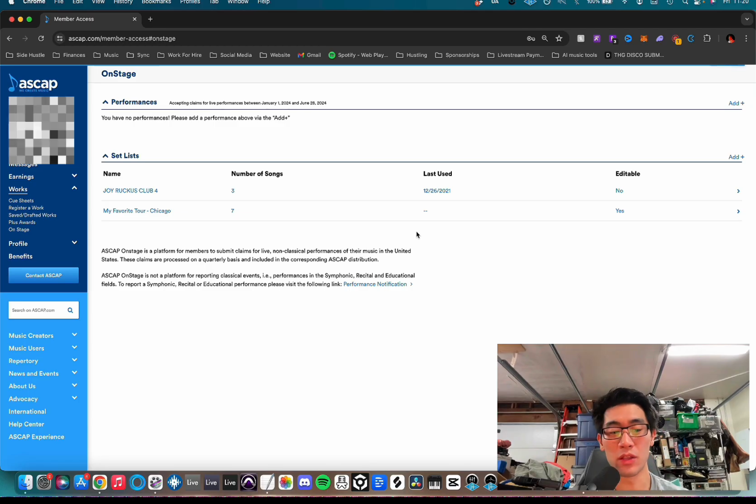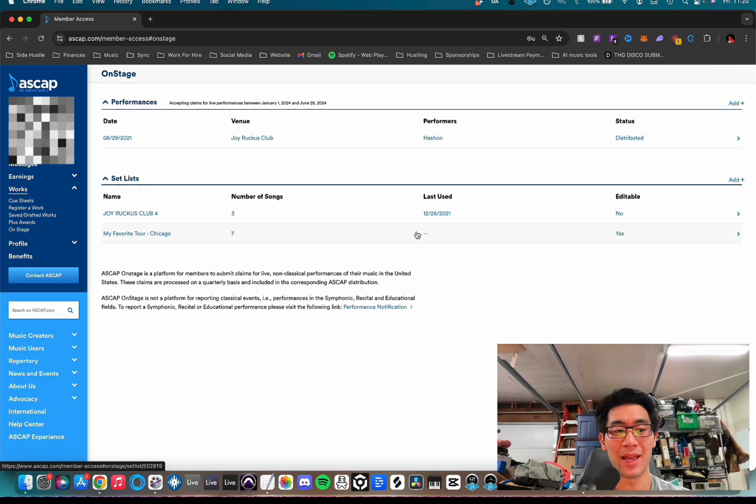It's important to note that you should be registering your music with your PRO prior to registering with OnStage. OnStage will send you money when you perform your music, whether it's in public, whether it's for a donation show, doesn't matter. Any sort of public performance of your music can lead to some royalties, so it's worth actually putting it in. For example, if you just are starting off producing music and you just started doing open mics, record